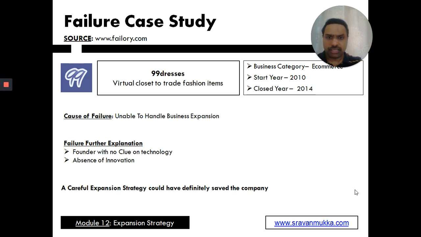The startup also experienced visa issues that obstructed smooth operations between the United States and Australia. With this series of events, the company's group of prime supporters gradually gave up on the platform and the startup had to close down. It's always better to learn from mistakes. There is no point reinventing the wheel.